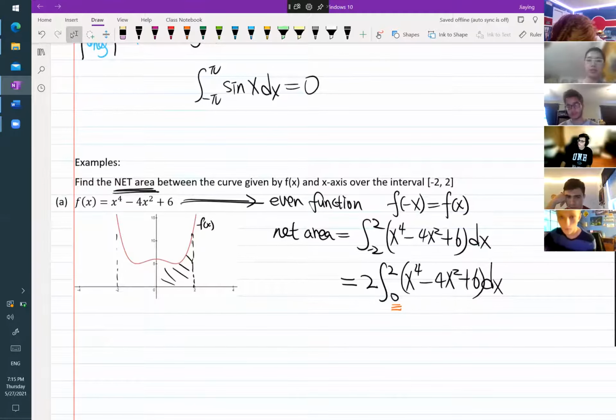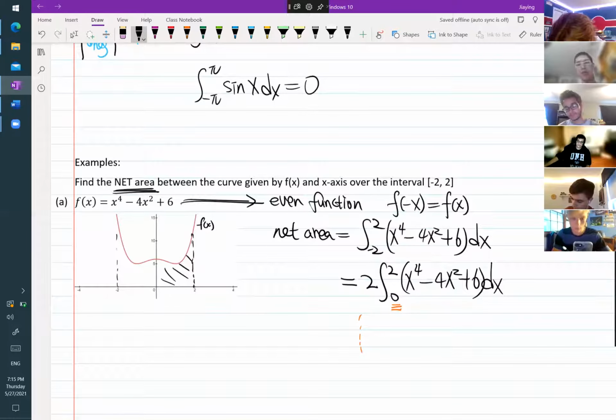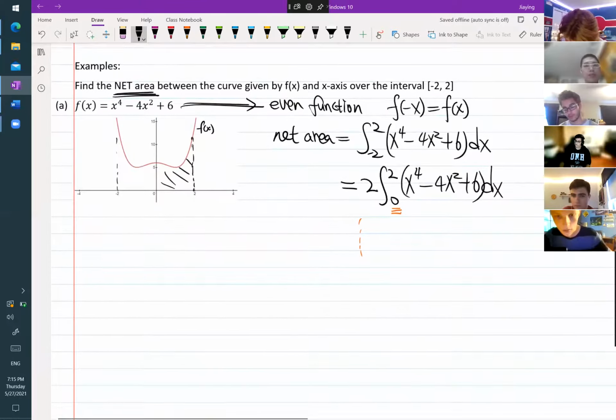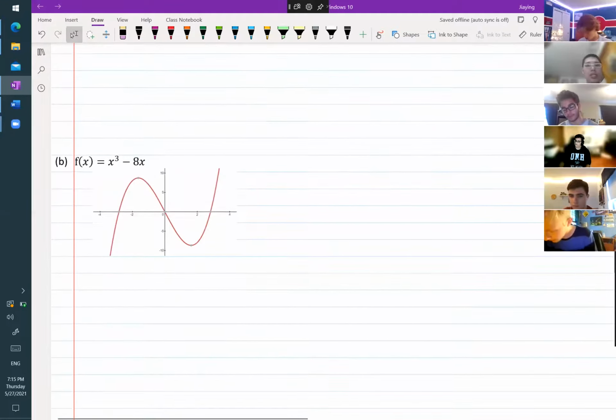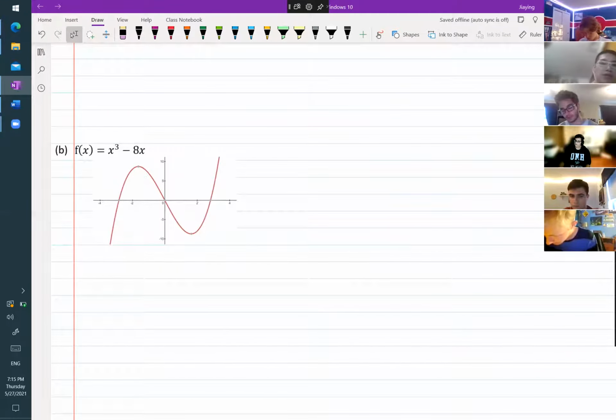So I'm not going to finish this because the rest is just integrating. I think we have done enough exercise to find the antiderivative and plug in the numbers. But I just want to show you this. This is a second example. I'm not going to do it, but if we were to integrate from negative 2 to 2